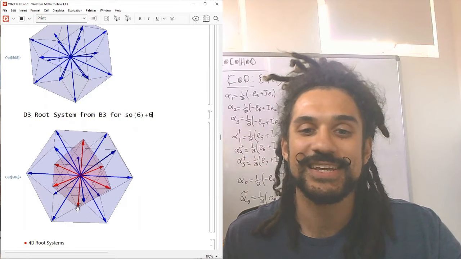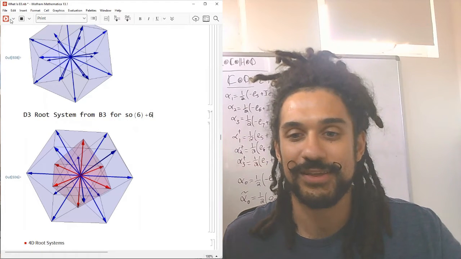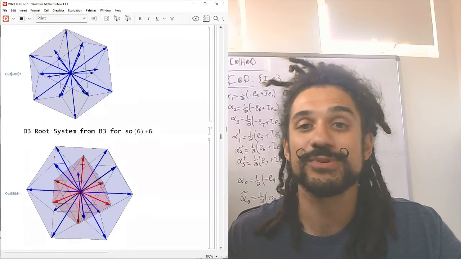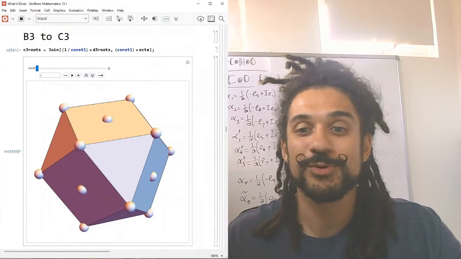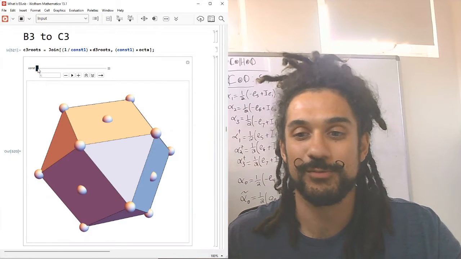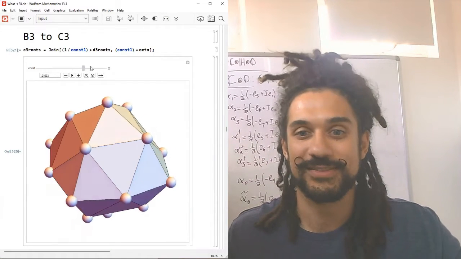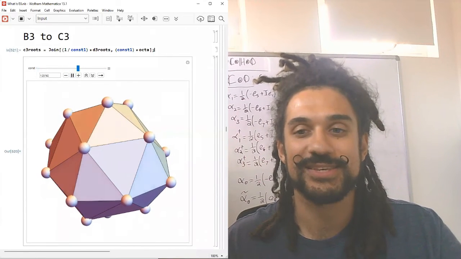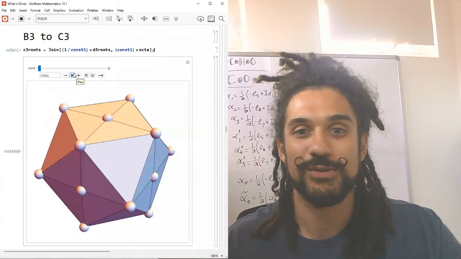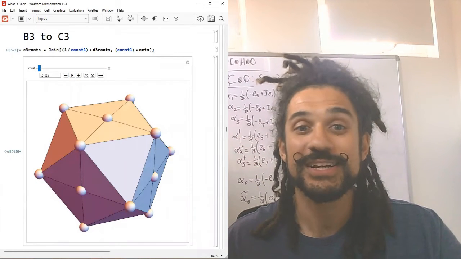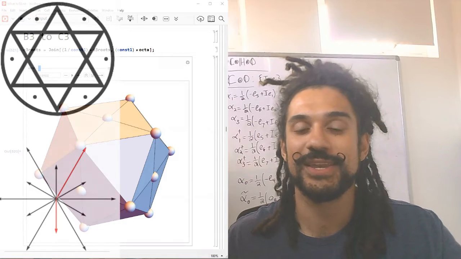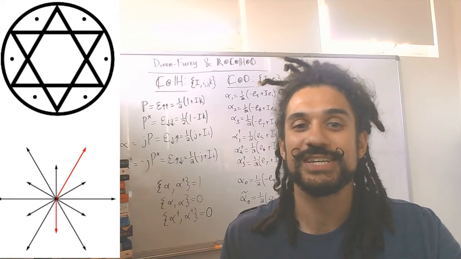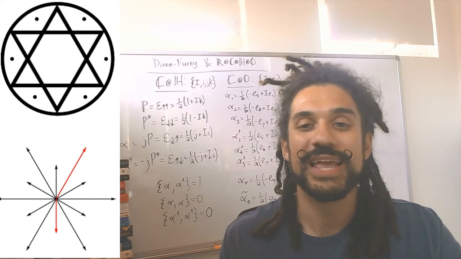While AN, DN, and EN all have roots of the same length, which are called simply laced Lie algebras, we see that BN contains roots of different length. The CN root polytopes are found by taking the BN root polytopes and switching their root lengths. It turns out that B2 coincidentally is the same as C2, but this pattern does not hold for large N. G2 looks like a seal of Solomon, as a dressed Star of David. All of the exceptional Lie groups can project down to the G2 lattice with a commuting algebra in the center